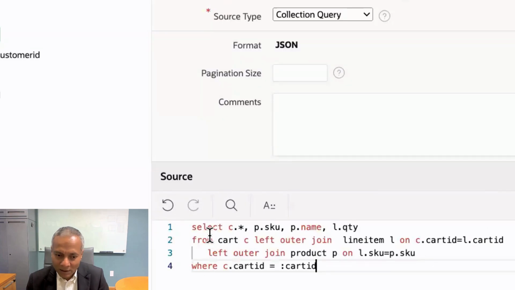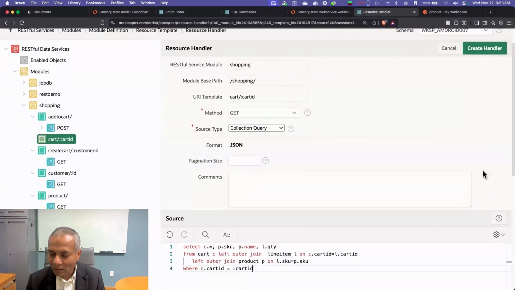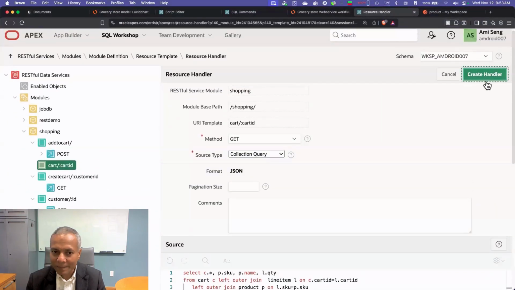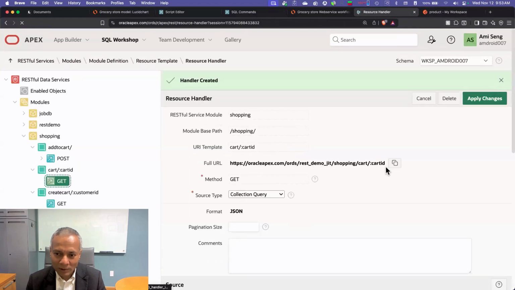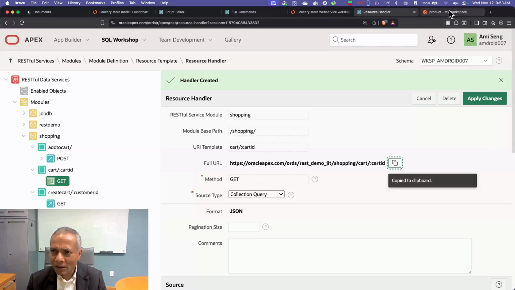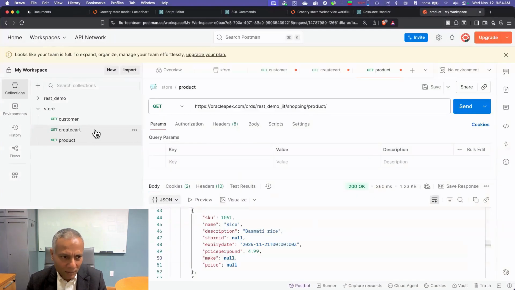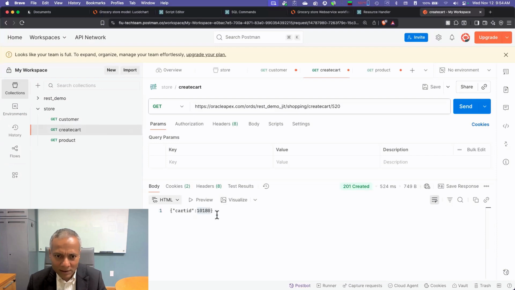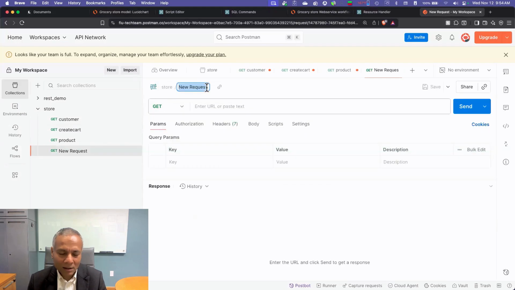So it'll be a simple select query that finds everything in that cart. Okay, so here is a cart. We will join with the line items and join it with the product. And it's going to give me the product as SKU, name, quantity, and for all the products in the cart. Okay, so let's go ahead and create that. So let's first check this cart ID. I think we got a cart ID before, right? When we ran this, we got this 10180. So if we test and see what's in this cart,